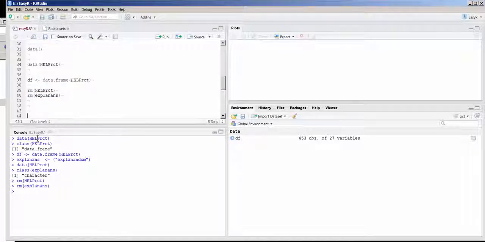So the point is that we learned quite a few functions, right? Class tells us what kind of object this is, and we learned of 2, we have 3. There's a numeric one we didn't really focus on, but we did that last time. There's a character class of objects, and then there are these data frames, and these are simply the data sets. That just prints us and tells us what's going on. Remove removes the name of the object,